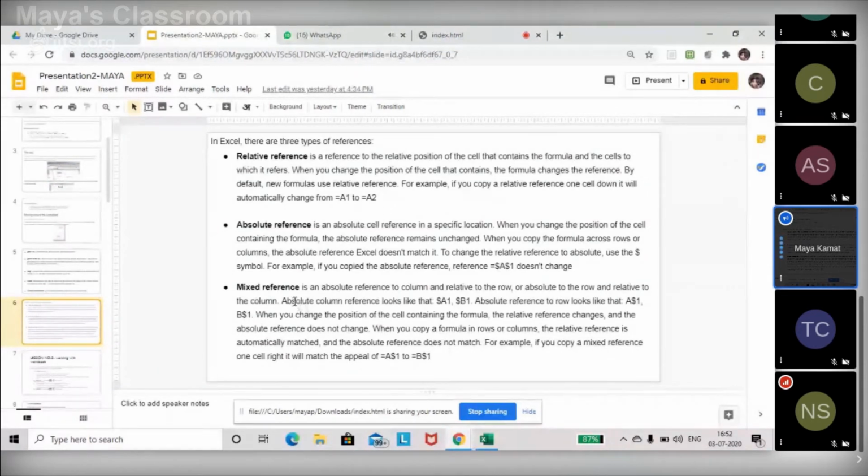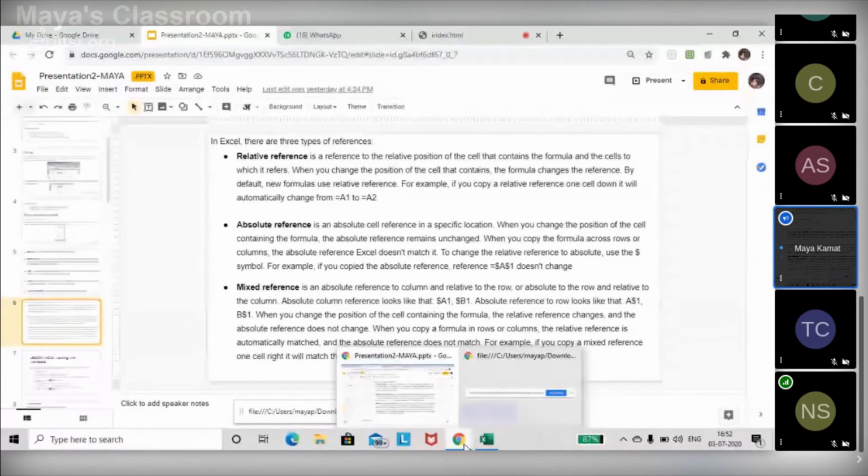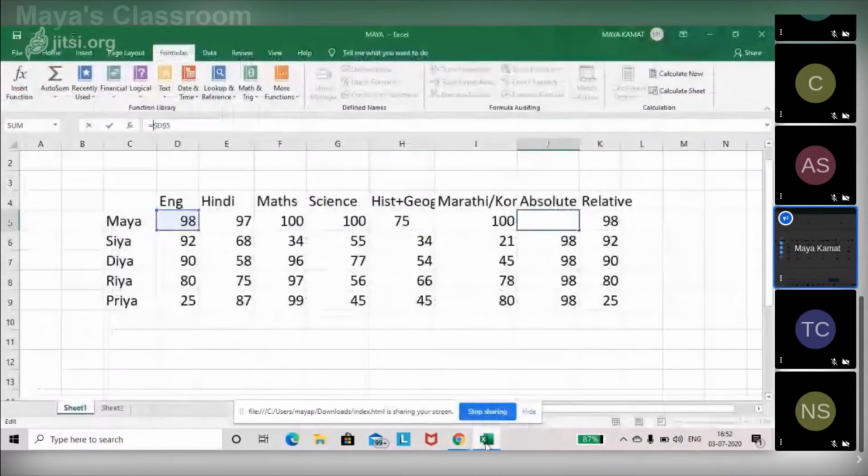The next is mixed reference, which is an absolute reference to the column and relative to the row, or it could be absolute to the row and relative to the column. Now, when you read it from here, it will sound a bit difficult, but when you see it practically, it will be very easy for you.